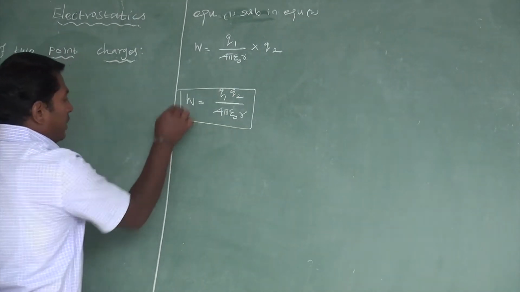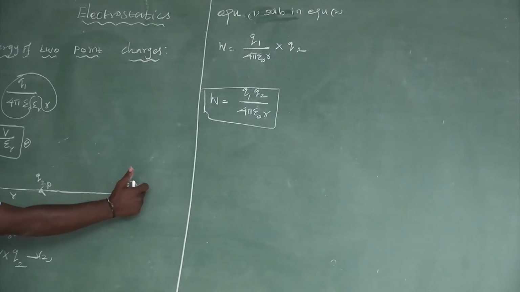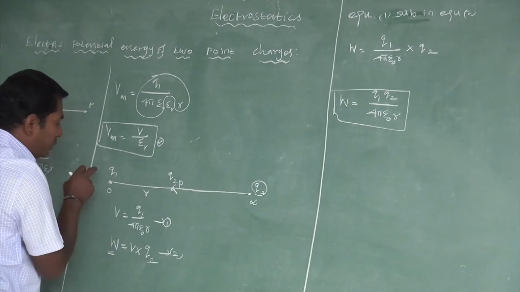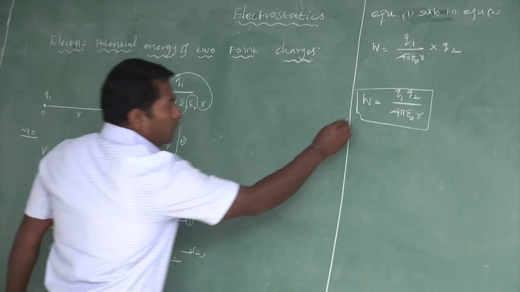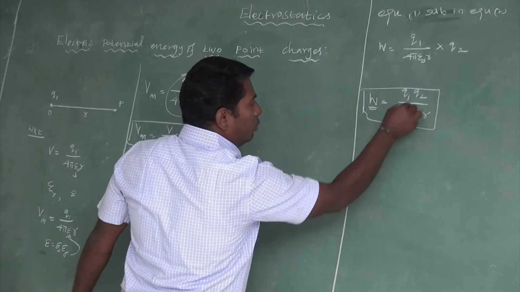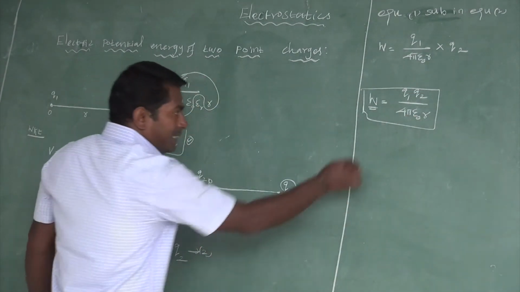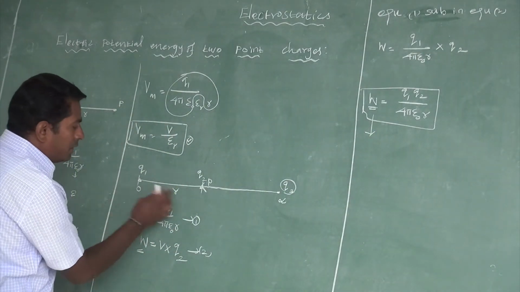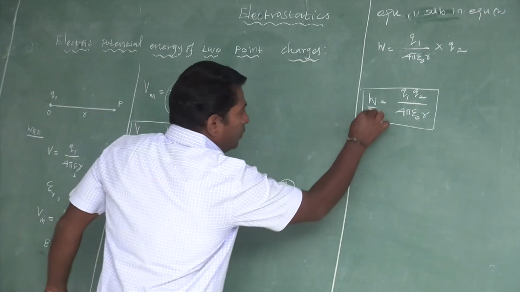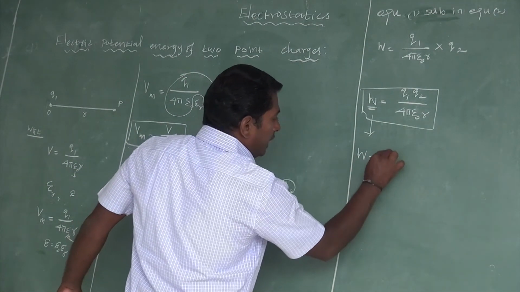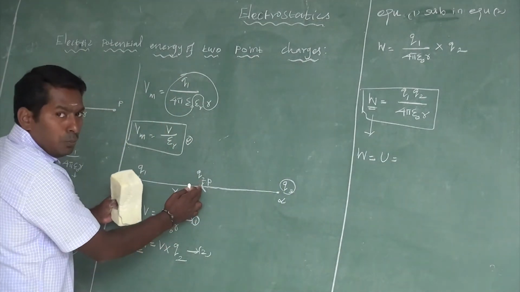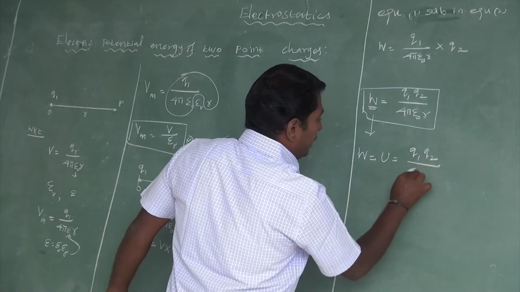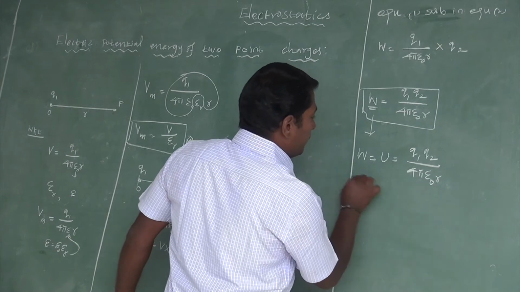It is an important expression. This is the total amount of work done in moving another point charge Q2 from infinite distance to that point, which is at the electric potential produced by Q1. The total work done W is equal to Q1 Q2 divided by 4 pi epsilon naught R. This entire amount of work done is stored as potential energy between the two point charges at a particular distance R. So W, which is equal to the electrostatic potential energy between the two point charges Q1 and Q2, is Q1 Q2 divided by 4 pi epsilon naught R.